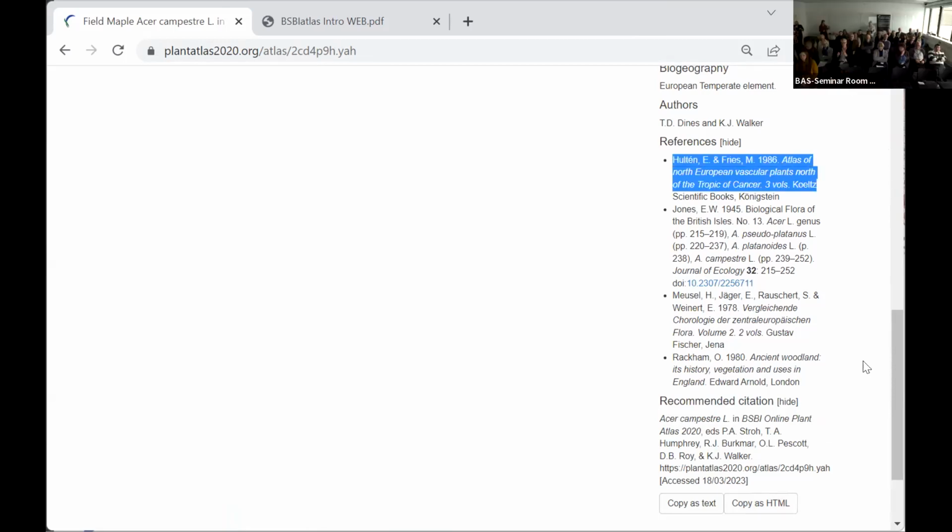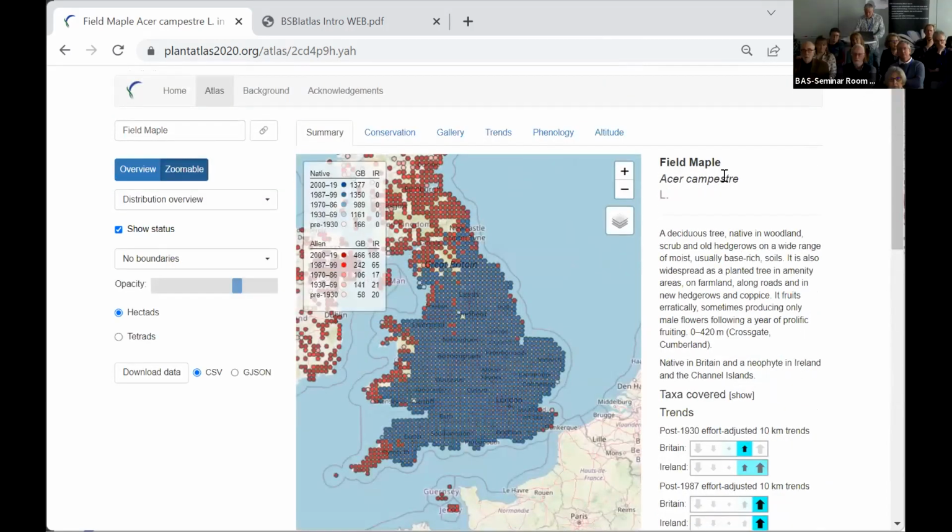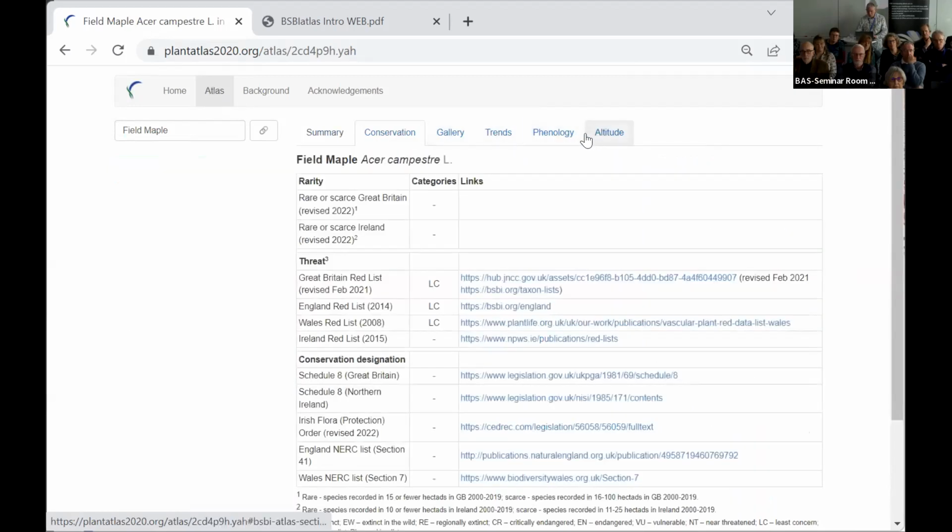Okay, so that's everything on the summary page. Let's see if I can find the scroll bar again. Here we are. We're still on the Atlas page, okay? So I said that's it for the summary page, but really the summary is a tab on the Atlas page. So we're still on the Atlas page, but we're going to look at some of these other tabs along here. So this is the conservation